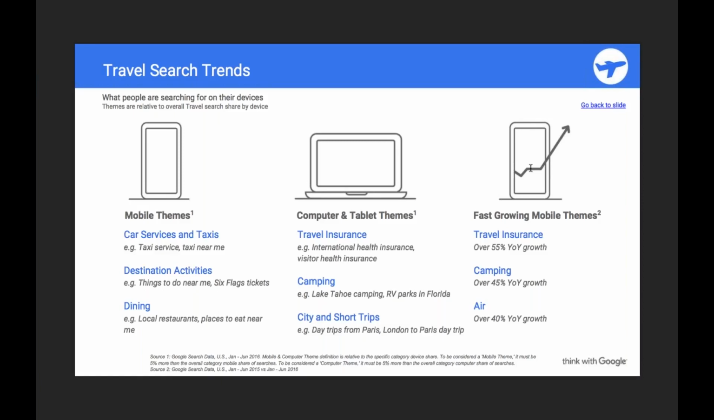And when it comes to computers, you can see that it is something of a bigger ticket item, something that requires a longer decision-making period. So things like travel insurance, things like camping, things like your next holidays. So what this means for you as a business owner is that when you think of having a digital strategy